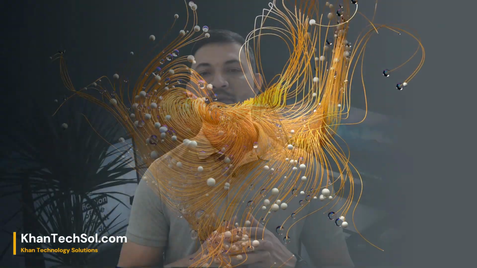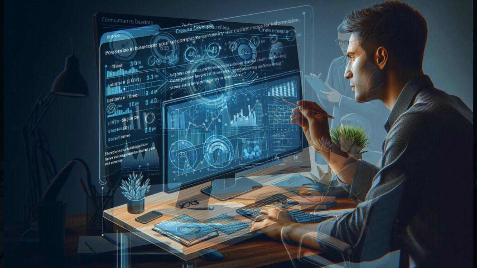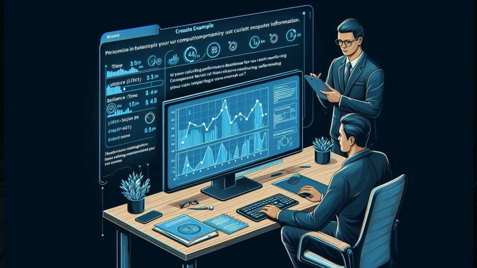By calculating performance baselines for your client computer environment, you can interpret real-time monitoring information more accurately. A baseline for a computer's performance indicates what your performance monitoring statistics look like during normal use. You can establish a baseline by monitoring performance statistics over a specific period. When an issue or symptom occurs in real time, you can compare your baseline statistics to your real-time statistics and